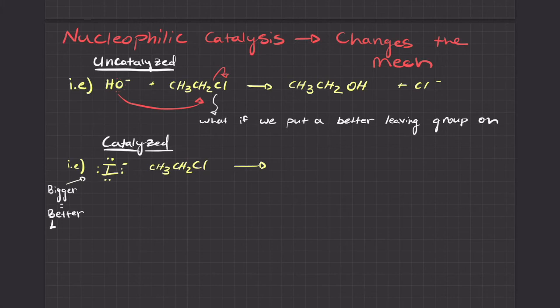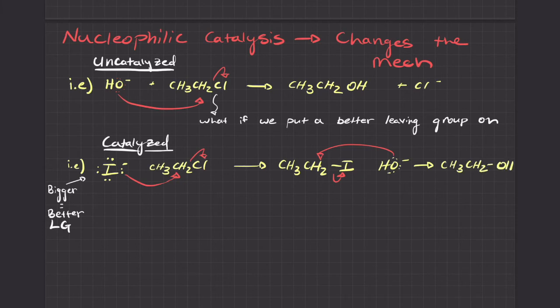So here is this separate step that's not even part of the reaction, but it puts this better, bigger iodine on there. Then when we do the actual SN2 reaction we wanted to do earlier, this step would be faster. So we are taking extra steps in nucleophilic catalysis, but the end result is better. It's faster. Okay, so I'm going to write here more steps, but it's still faster, which may seem counterintuitive,